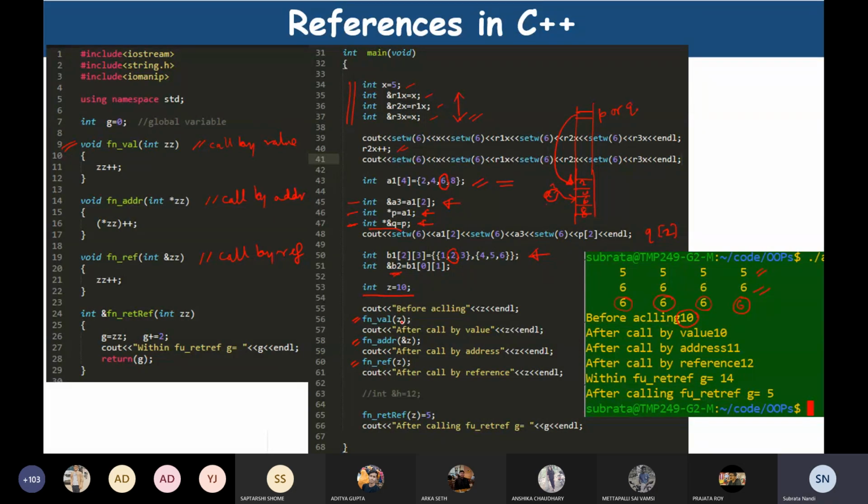So when I pass the variable z, what happens? Within this function we have got zz. What is zz here? This is also a local variable, and z is also a local variable. So how does this z get transferred to this zz? The value is copied, right? So if you look into